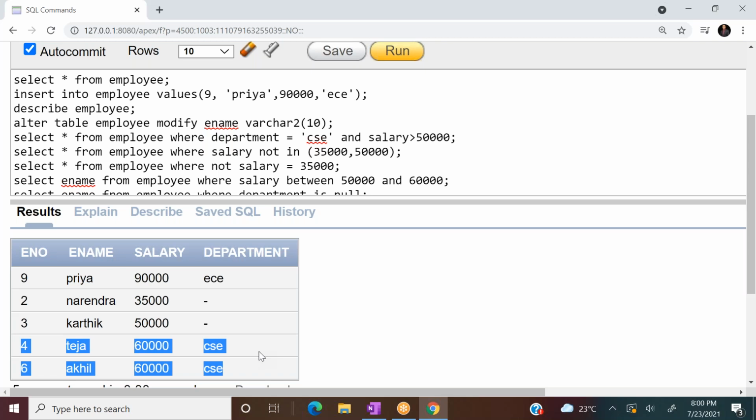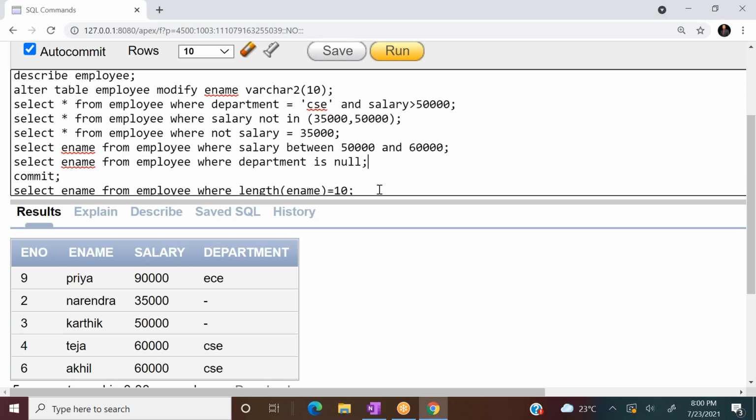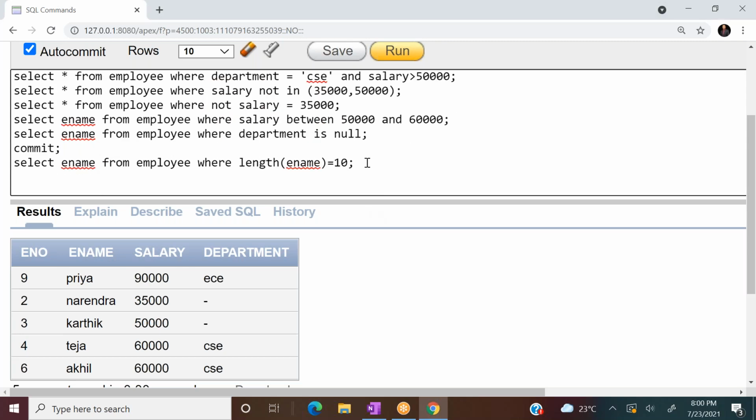Now what query are you going to write? Suppose I am an interviewer and you are a person taking the interview, then what query are you going to write? Can anyone tell me? Have you understood the question? Display all the employees with even employee number. That is the question. What do you have to write?